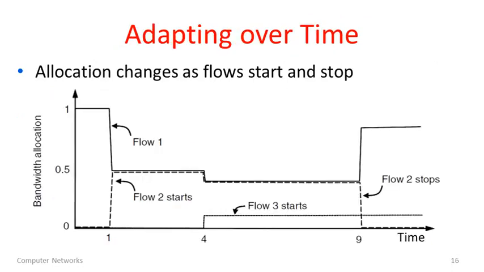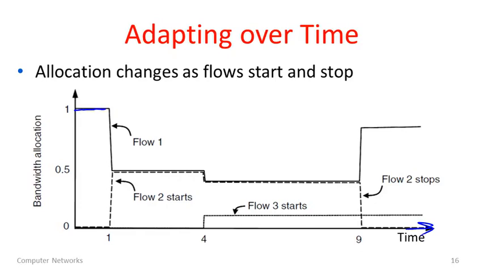And finally, just for fairness, I want to point out that the fair allocation will change over time. Before, we considered a fixed picture and we were just trying to maximize the flows individually. But in this picture, let's look over time, as time goes along, to the right, what happens to the bandwidth allocation. So you can see here just an illustration of how bandwidth allocation can change over time. At the beginning of time, flow 1 is the only flow that's actually using the network. So it's going to get 100% of a link.